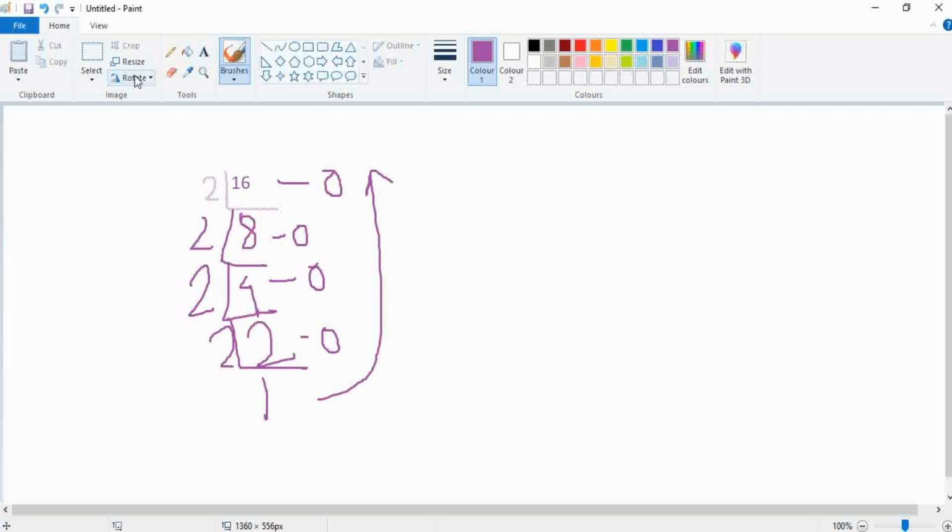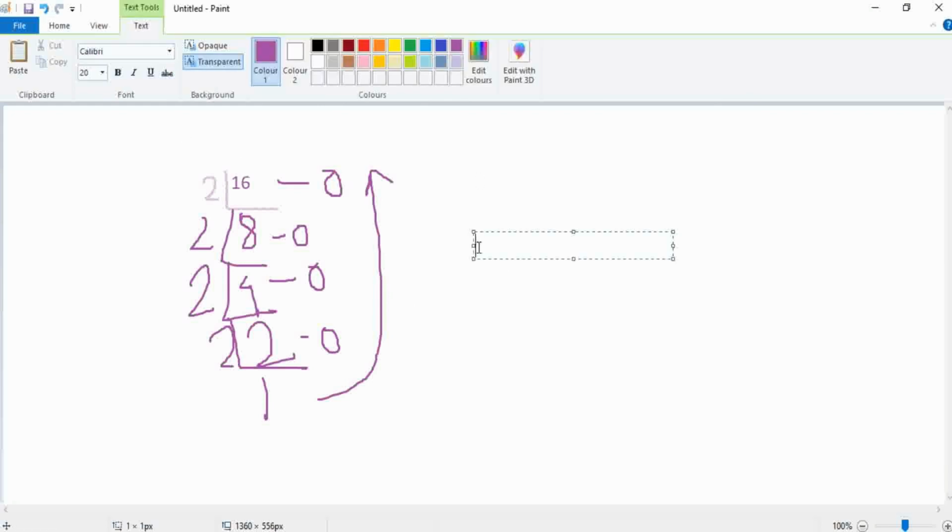So this can be converted to binary form by writing the remainders in reverse order. Here 16 is in decimal, which is base 10, and the decimal form uses digits 0 to 9.